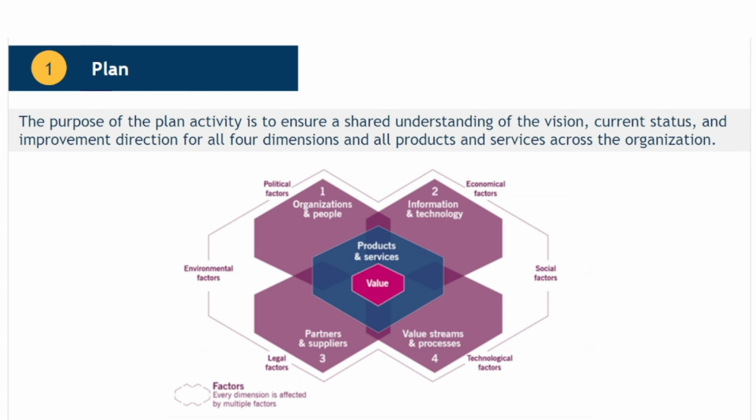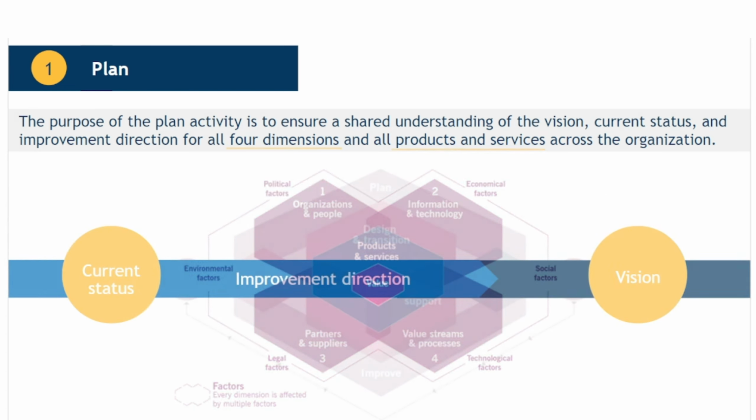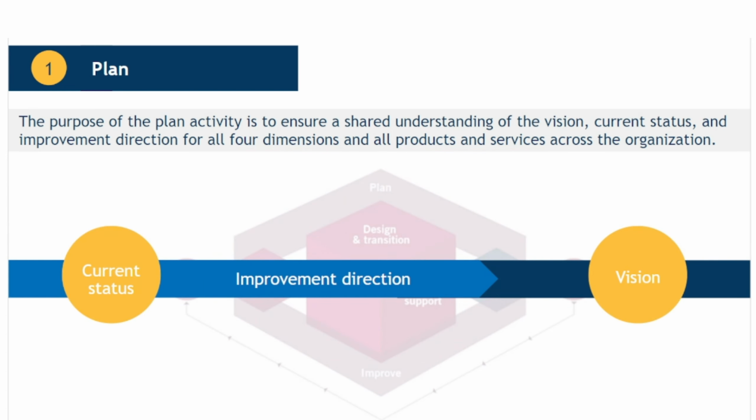The 4 dimensions, you will remember, are the components from which an organization builds a service value system, while the products and services are the outputs which enable value. So, the purpose of Plan is to ensure everyone within the organization understands the current status across all dimensions, products, and services. In other words, ensure that the what, how, and why of what the organization currently does is understood